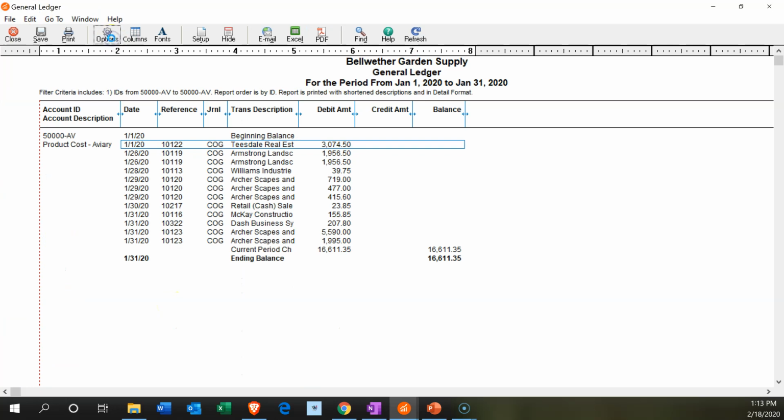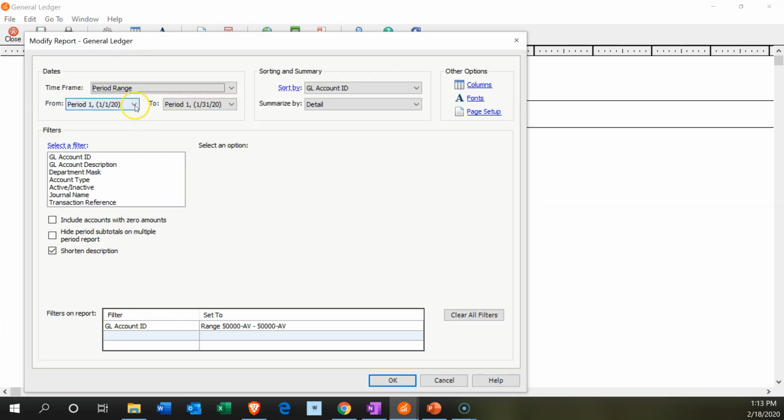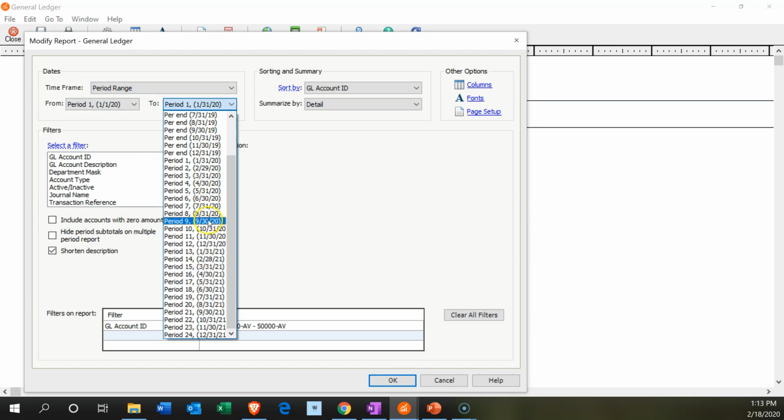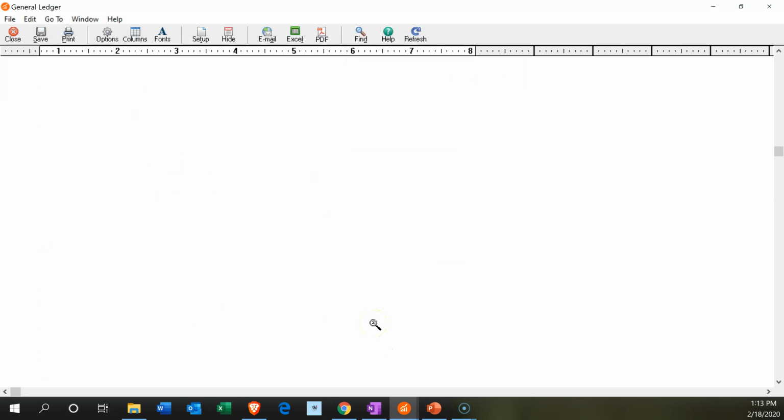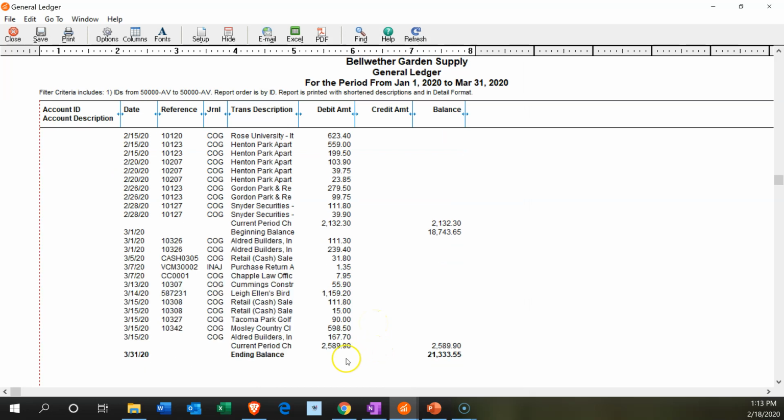I'm going to change the dates up top again. So I'm going to go to the options up top so we can navigate through the dates, and I'm going to make this all the way through. Let's just make it March this time, make it a little bit easier on ourselves. And we'll say okay. And then we're going to scroll down to the end of March, and there's the other